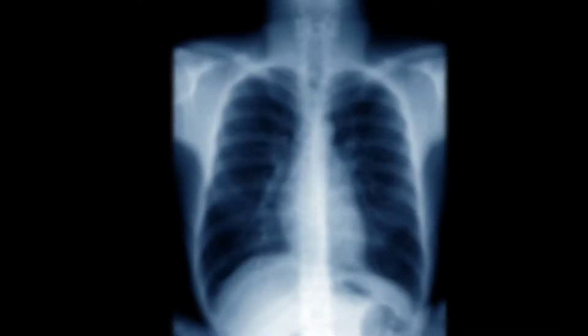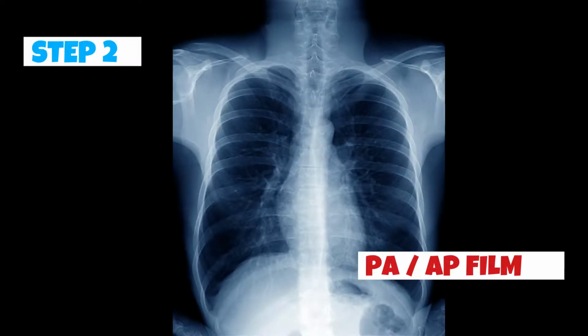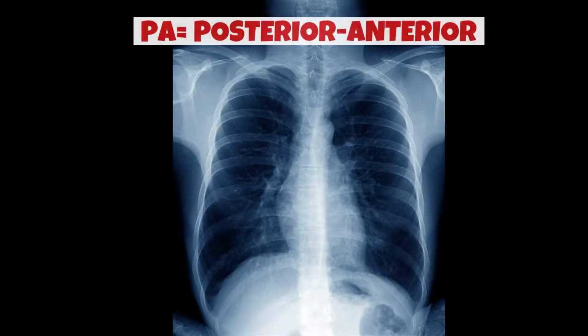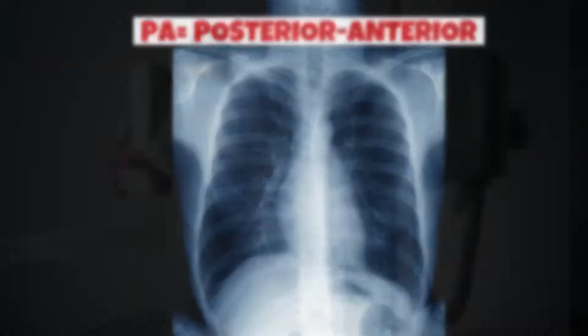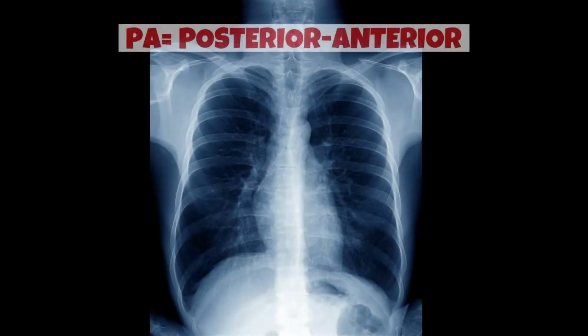The next step is to be able to identify whether it is a PA film or an AP film. PA stands for posterior anterior. It refers to the way that the X-ray beams are emitted in accordance with the positioning of the patient. The ideal film for chest X-rays is a posterior anterior view because it gives you the best view that's possible